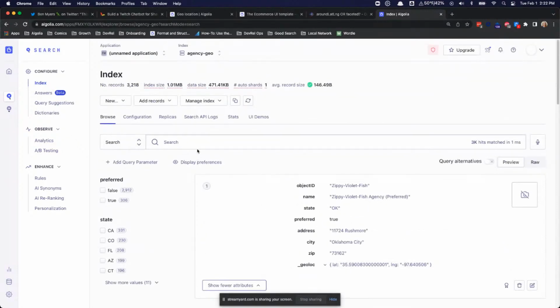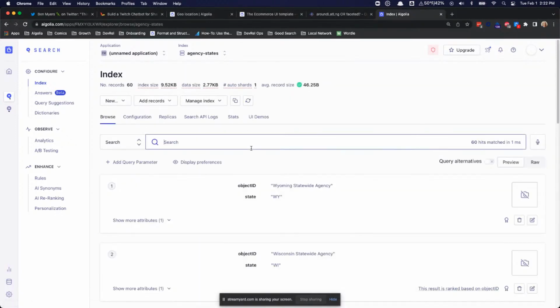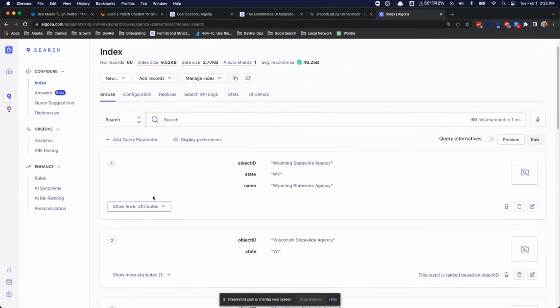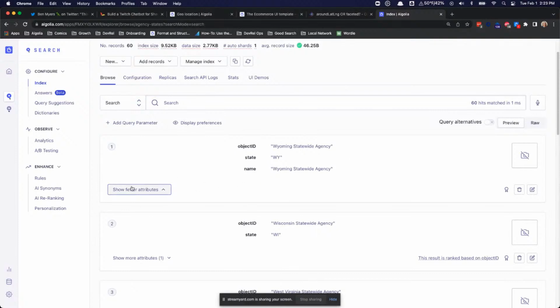Now what I've done for now is I built out this secondary index with my state agencies. I went back and forth about whether or not to commingle this data or build it out as a separate index. Just for my own sanity, as I was building out this search, I decided to go for 2 separate indices, just to give me a little bit more control. But there's a precedent for potentially injecting this data directly alongside the location-based agencies, because obviously these aren't going to show up if you do a geo search, but they are going to show up if you do